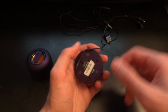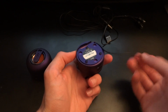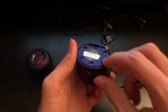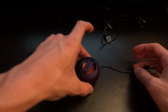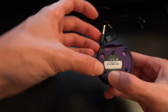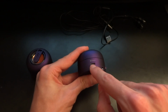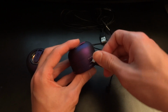So for the overview of the speakers, you can see underneath you've got this wire channel which is very nice for cable management and goes in really nicely. You've got three rubber pads over there which prevent it from sliding around all over the place and give it grip while it's actually playing, because sometimes you might go very loud and it might go bouncing around. Here you've got your charging and your audio input via the wire. As you can see, it goes in like so,